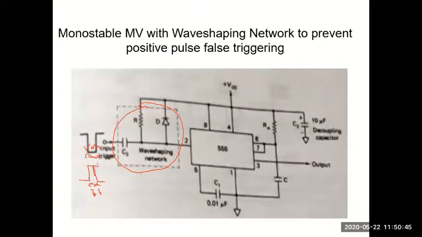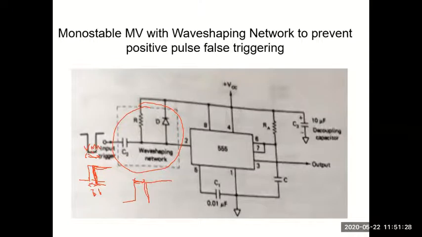What happens now? The output has come back to low state, but since the trigger pulse is still less than 1/3, it is still at 0. 0 means the trigger level is less than 1/3. It will immediately go back to high state again. It will come to low and immediately it will shift. In the output, you will just see a line like this. It will come to low and go back to high. Actually, we have designed for a pulse width of only this duration, but you will get a longer pulse width, which is much larger than the design because of this false triggering.